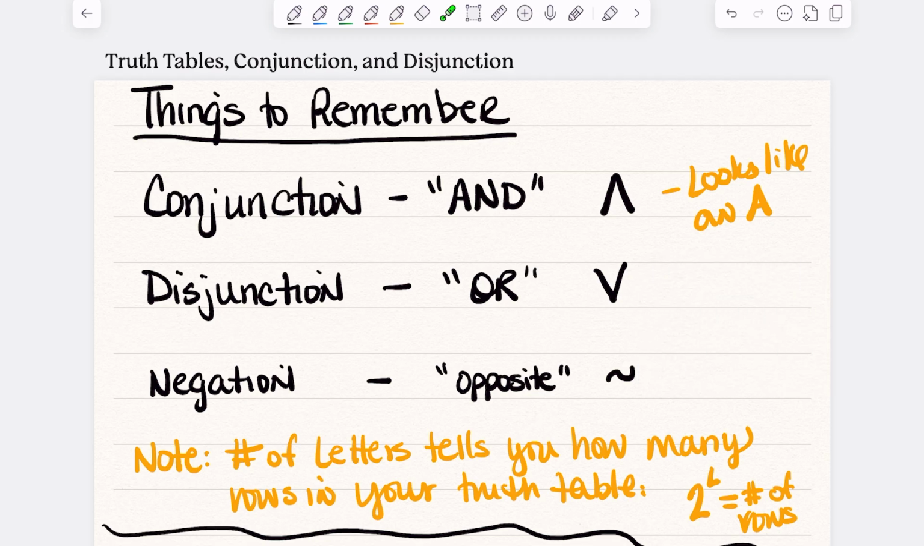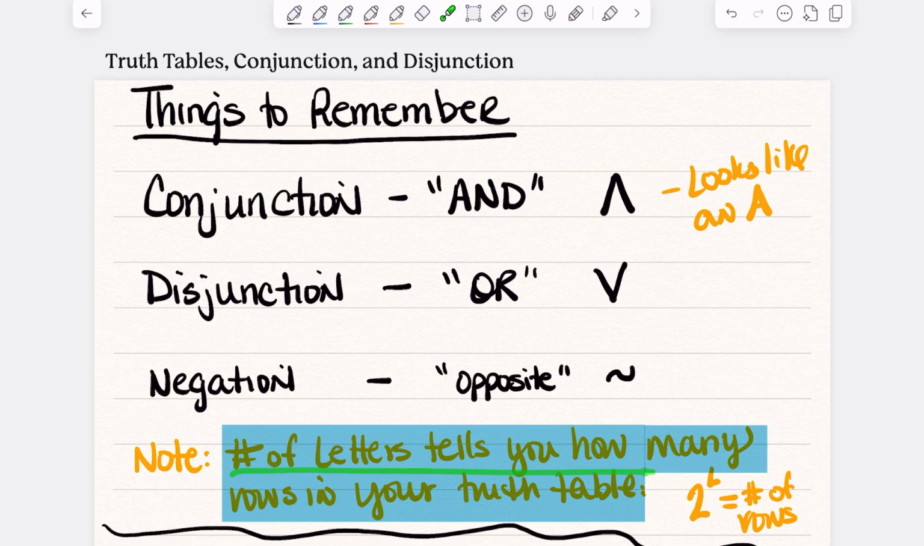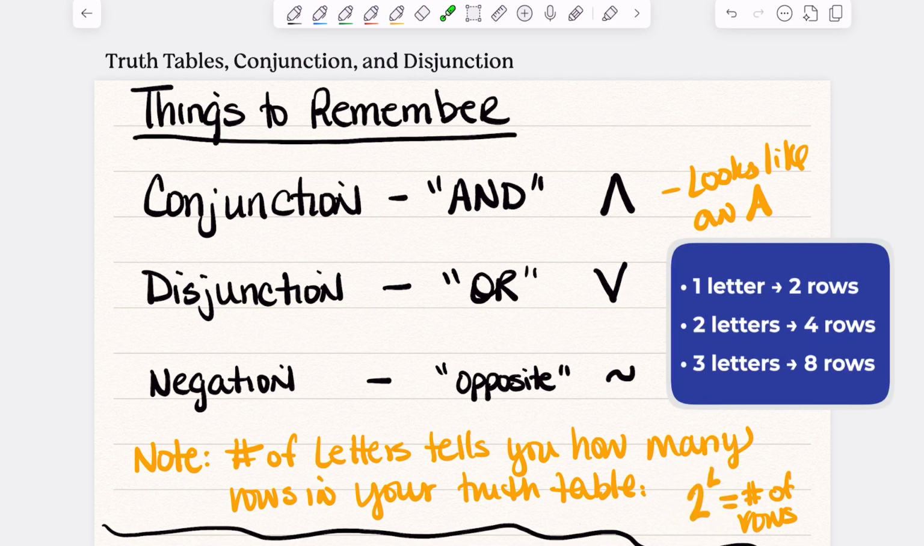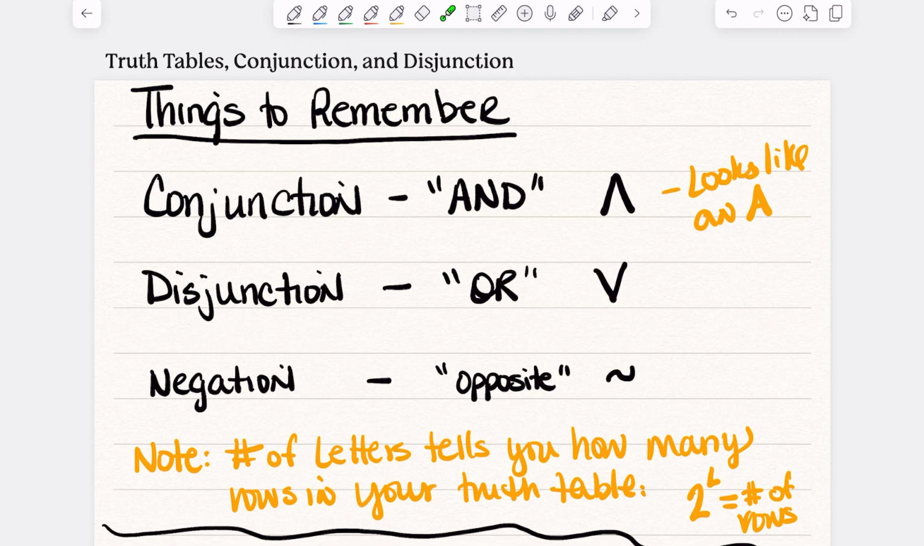And then remember that the number of letters tells you how many rows you'll have in your truth table. So you take 2 and you raise it to the power of however many letters you have, and that tells you how many rows that you'll have. So if you have 1 letter, you're going to have 2 rows. If you have 2 letters, you're going to have 4 rows. If you have 3 letters, you're going to have 8 rows. Hopefully you're not doing truth tables past 8 rows, because that can get a little,